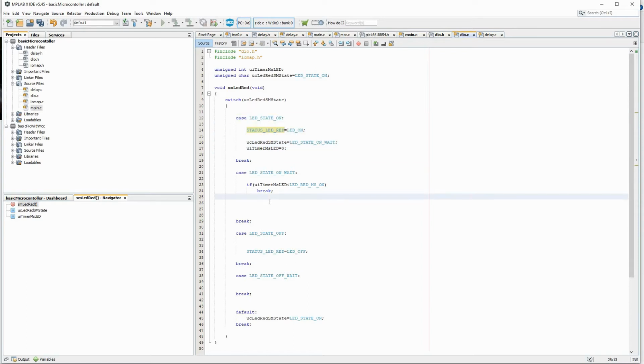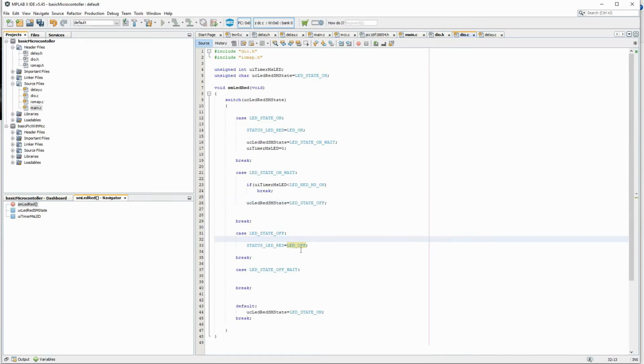So here, once the wait is over, I will change the state to LED off. In this state I have turned off the LED. So now, like I did the last time, I will again make the timer 0.